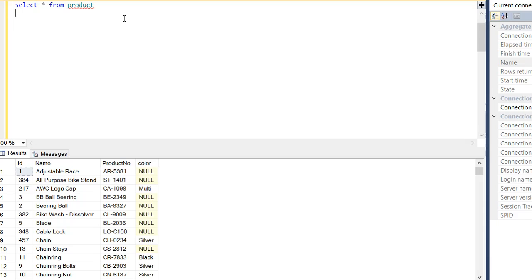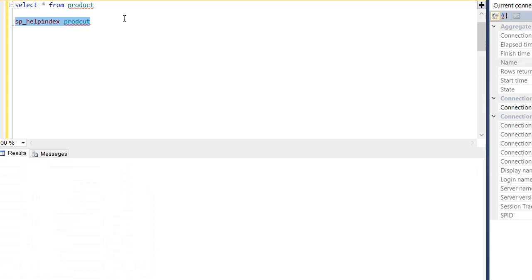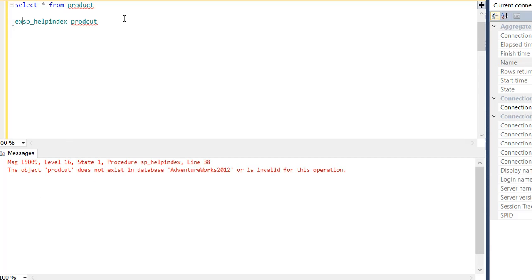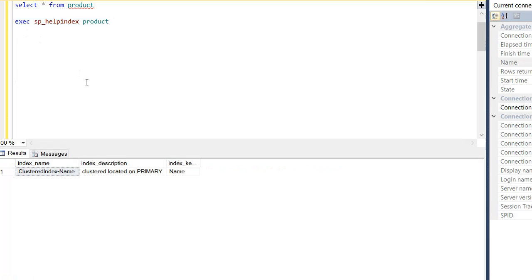Okay, now I have some existing indexes in the table. In order to check the existing indexes, we have to use this query, sp_helpindex, and then the table name, product. It will give you the details of the indexes available in that particular table. If you see here, we have only one clustered index, on the column name. Now if I search this product,